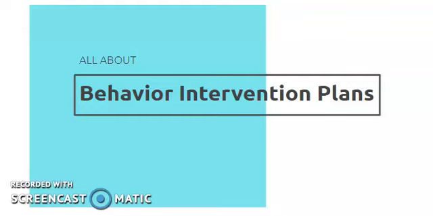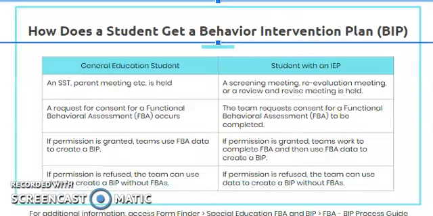This is a brief overview of Behavior Intervention Plans, or BIPs. Students with and without an IEP can have a BIP. After the initial request or decision to move forward, the first step is to gain permission for a Functional Behavior Assessment, or FBA. You may be asked to complete one of these as part of the team who is familiar